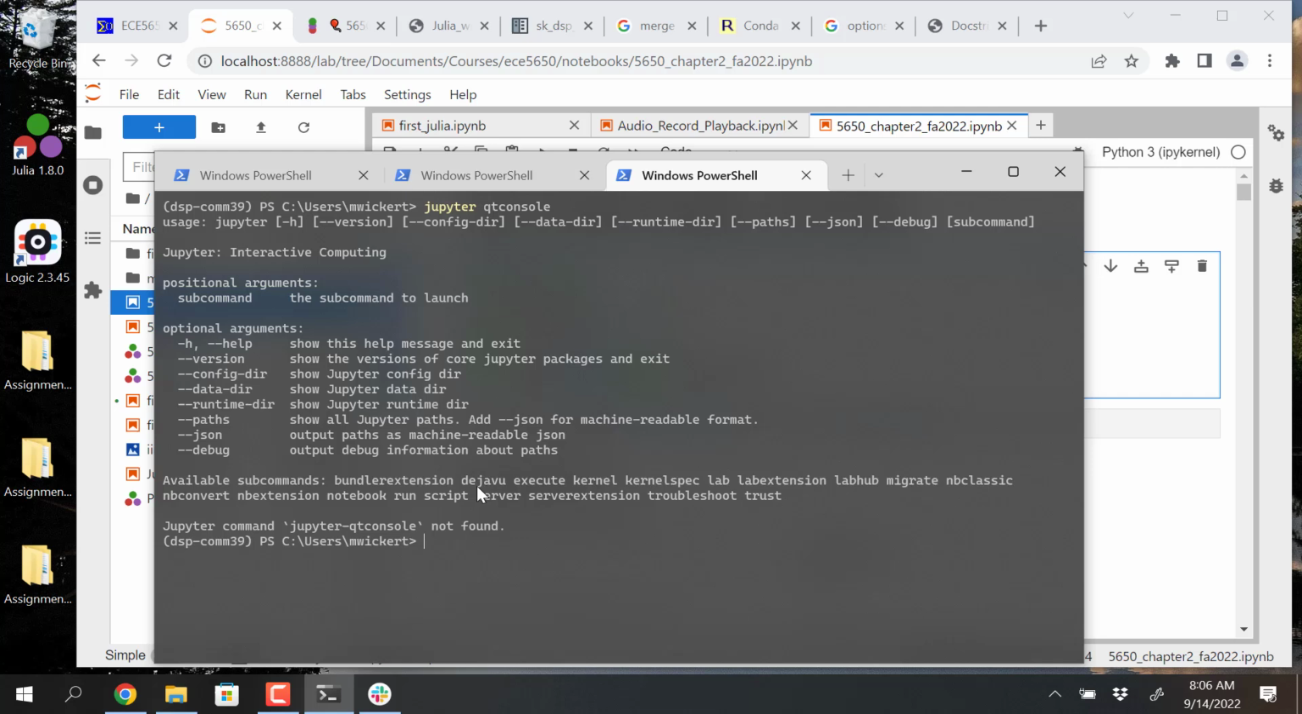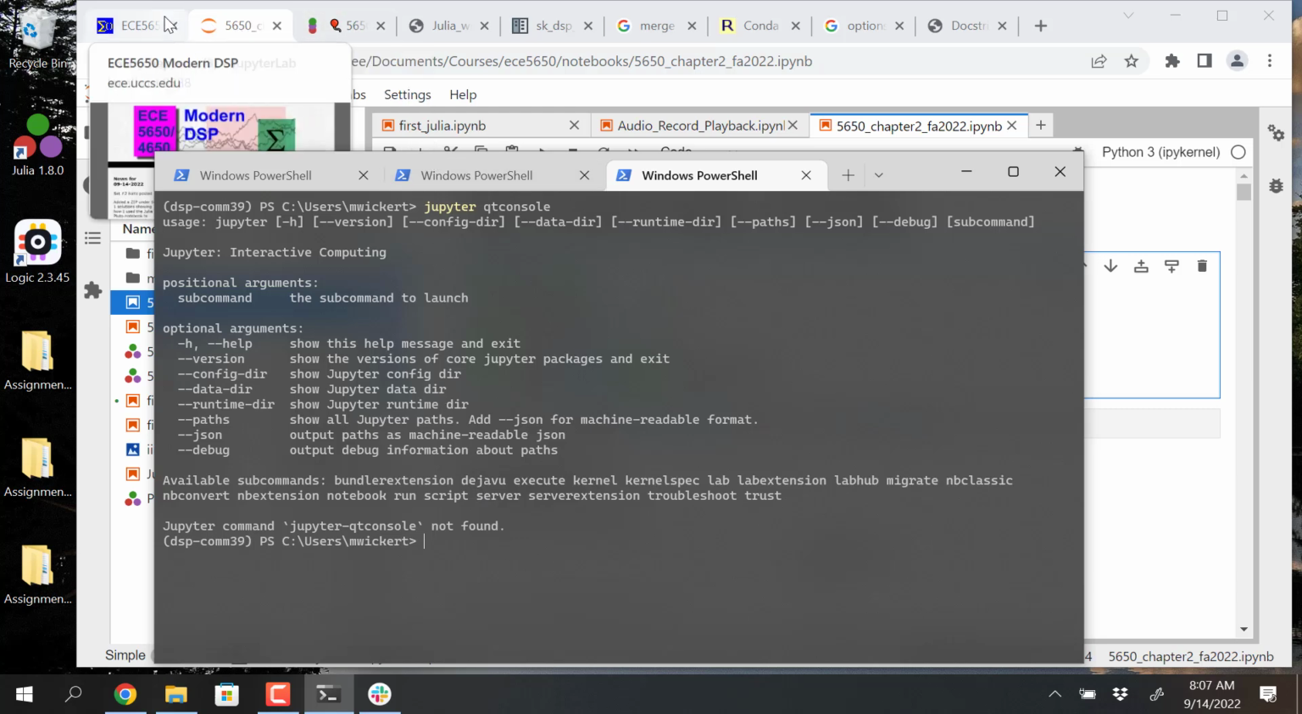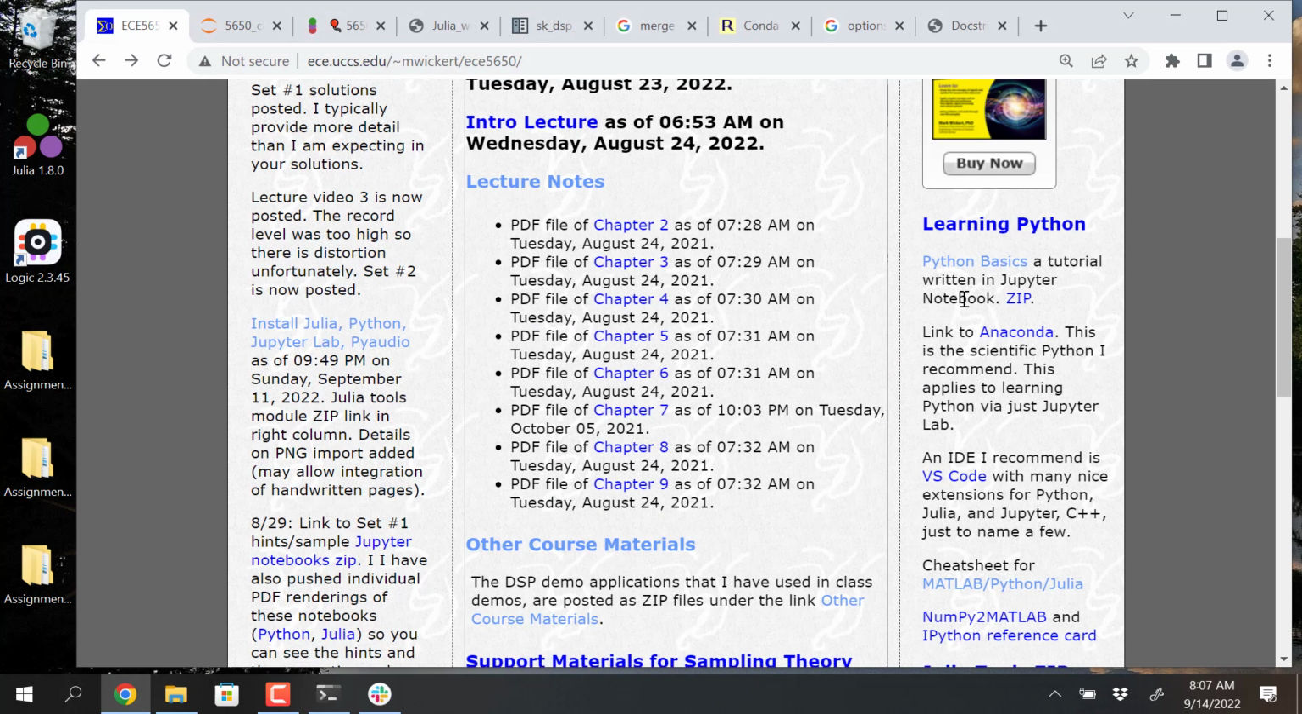But you could also launch a sophisticated looking console called the Jupyter Qt console. And right now you can see I don't have it installed on here, so I'd have to go and install it. But it's pretty much how I wrote my book. There's pictures of it